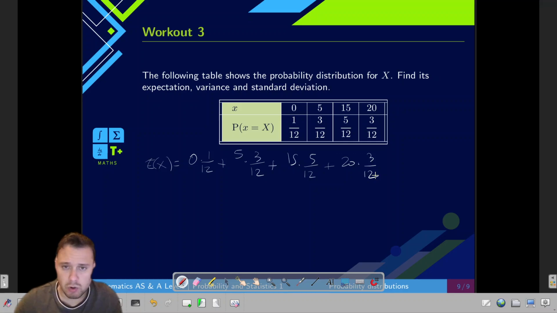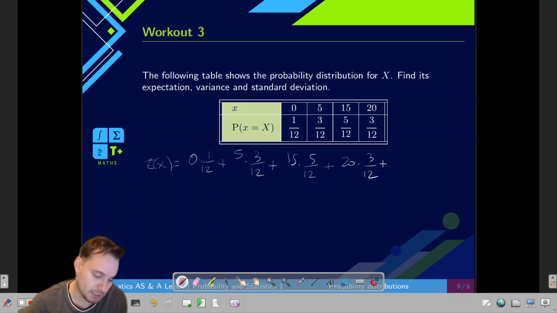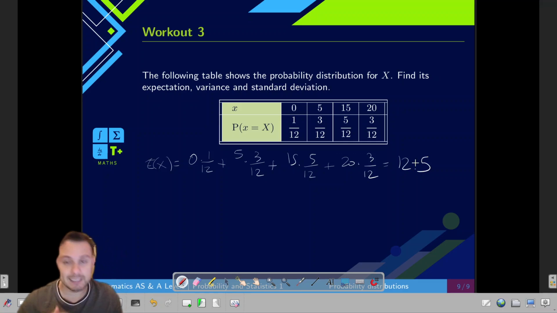Here we don't know what these values mean. It's just data that is given to us. So we're just going to be making the operations, and this is going to give us a value of 12.5. This is the expected value for this distribution. This is a very theoretical exercise where, as I told you, there's no actual meaning for these numbers. It's just the example, but you can see that it's quite straightforward.